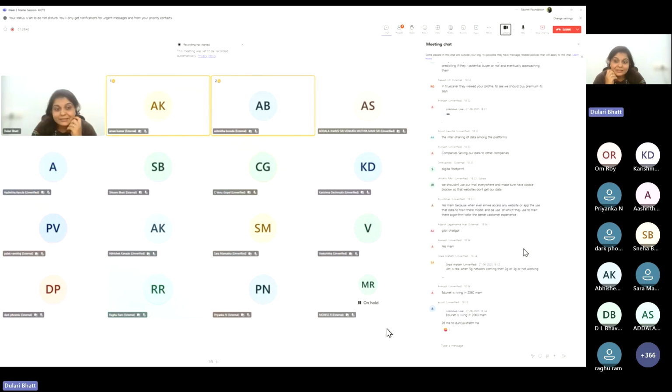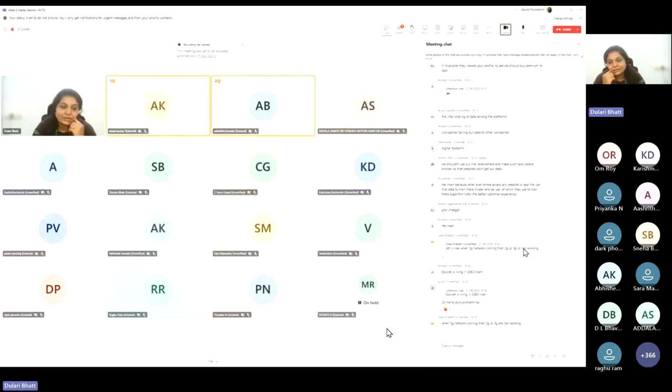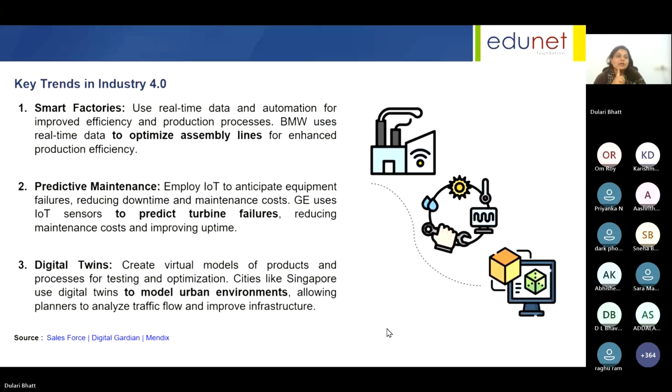Now, yes, for security, I think someone has written Ghibli ChatGPT art. That is also where security has an issue. So there are key trends in Industry 4.0, like smart factories, where machine talks with machine, communication between machines with the help of sensors and IoT technologies, and predictive maintenance. That is, before the failure happens, you are predicting that there can be a failure, which is a very, very good thing. Particularly, it is helpful when